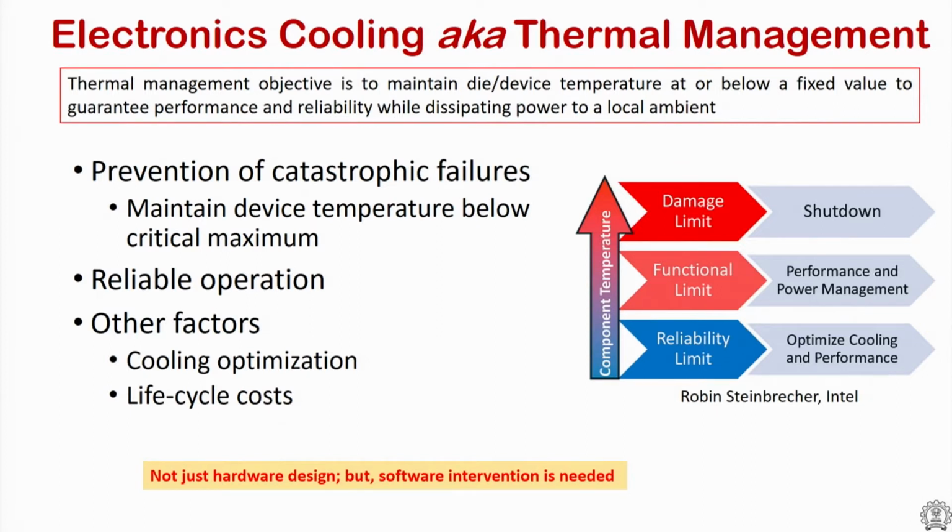As the component temperature rises, if it is below a certain limit, which we define as the reliability limit, the reliability is secured. Now we are allowed to play with the fan speed to optimize cooling or to reduce the energy cost. And let's say for example the damage limit is about 100 degrees C,